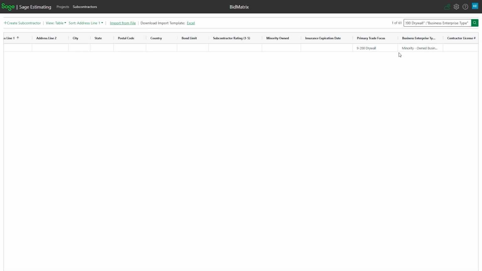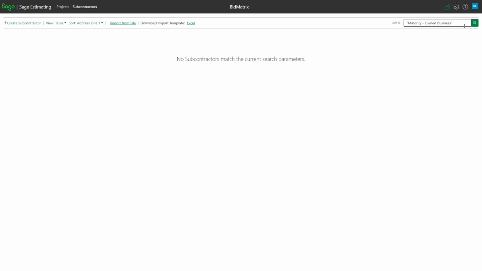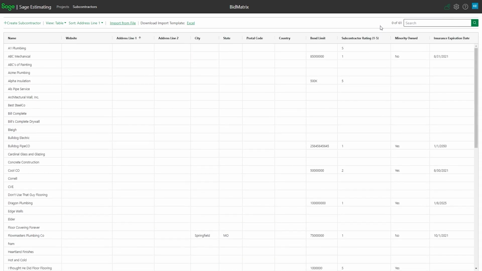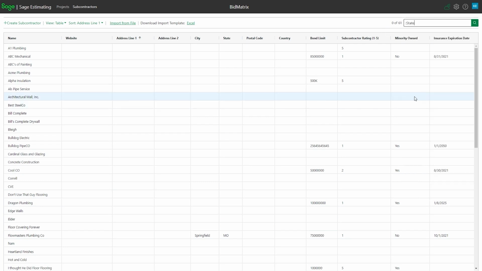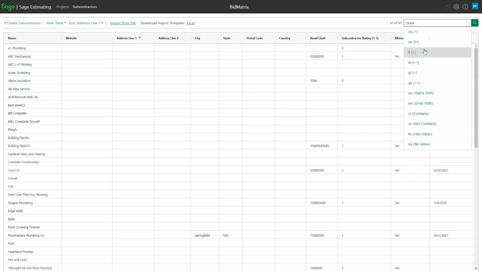So that's a very powerful advanced type of search that's a little tricky to find. It's something that you have to remember, the semicolon there. If I take that back out, and take this back out too, as soon as I type the semicolon, it comes up with a list of fields. Once I pick a field and put a space, I can tell it, for example, that it's got to be a bonding limit greater than $1 million, or maybe I'm looking for a subcontractor rating of 5. All those types of things you can put in there.